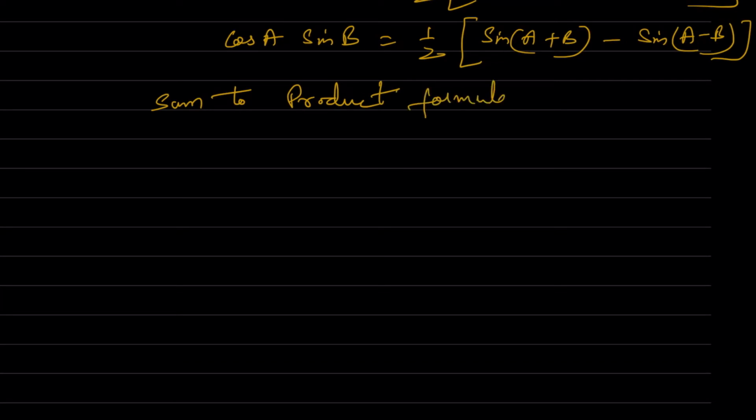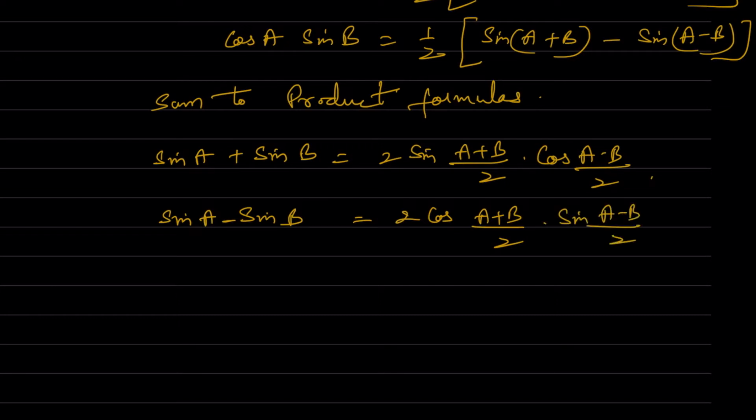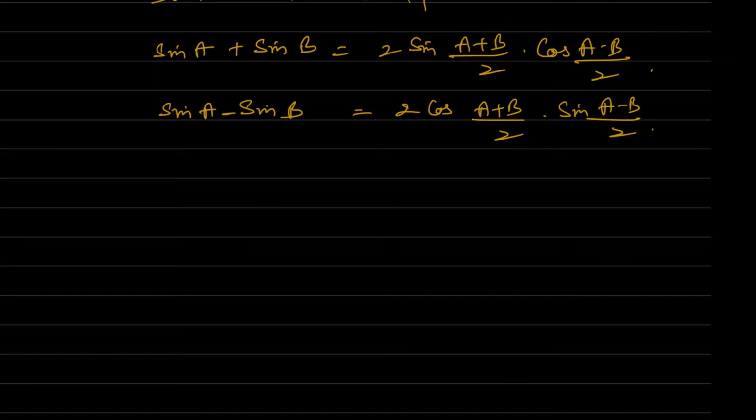Okay, sum to product formulas. Sin A plus sin B is equal to 2 sin((A plus B) by 2) into cos((A minus B) by 2). Sin A minus sin B is equal to 2 cos((A plus B) by 2) into sin((A minus B) by 2). We'll be using all these formulas in this exercise